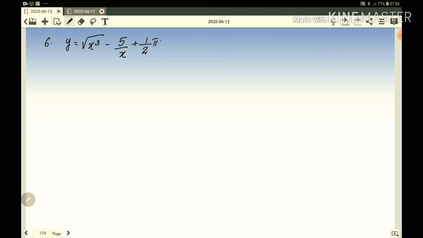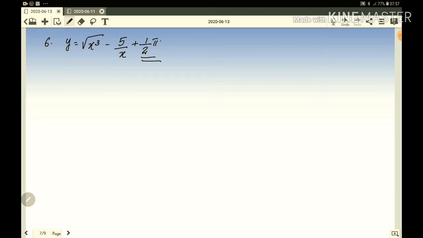Here also we can see the problems. Root is there, denominator is there. Then look at the last term. The last term is a constant because there is no x. After the differentiation, that is going to be 0. Don't worry about that because pi is there. Maybe some of you will be panicking when you see pi there. What must I do? As long as there is no x, that is a constant. After the differentiation, it is going to be 0. Don't worry about that. Just change the other two terms in such a way that you can differentiate easily.